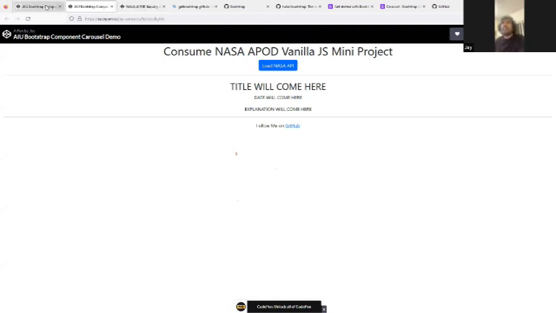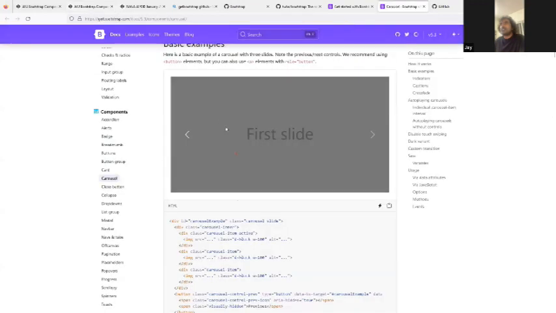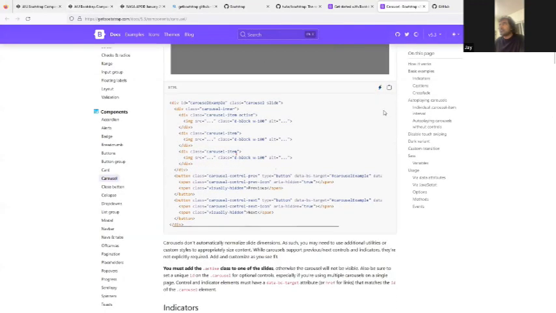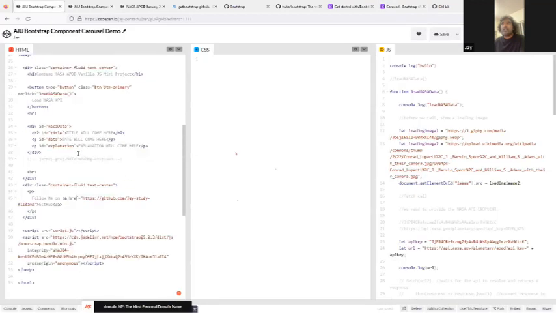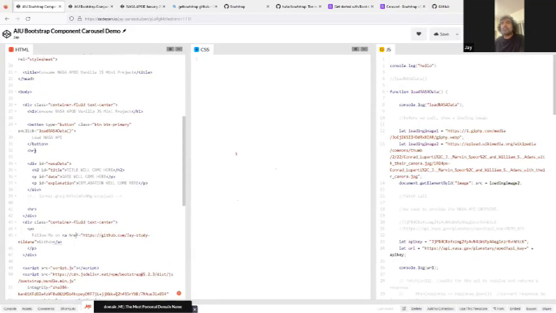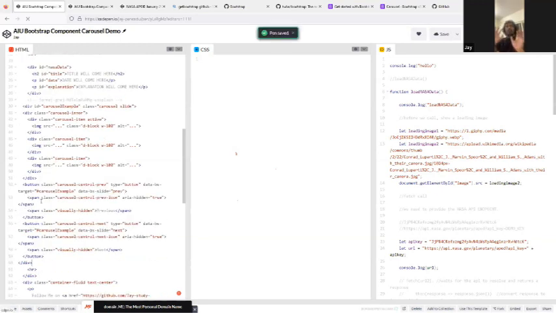So what I want to do is put a simple carousel here. I'll go to the Bootstrap website, and this is the code. So I'm going to copy this and I'll come to my code, and I have this one here. Hold on, I need to find the exact spot where I want to put it. Yeah, there we go. And here I'm going to save it. So all I did was copy the carousel component from the Bootstrap website and put it in my code. That is all I did. I didn't do any CSS or any extra effort. So if I check the output,